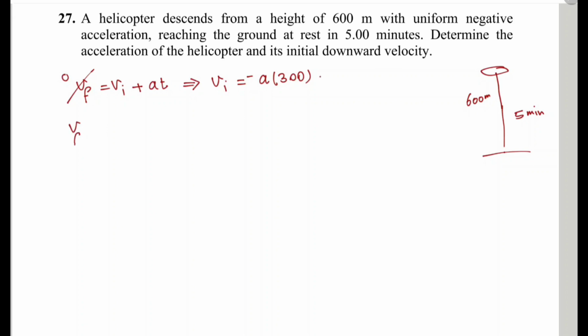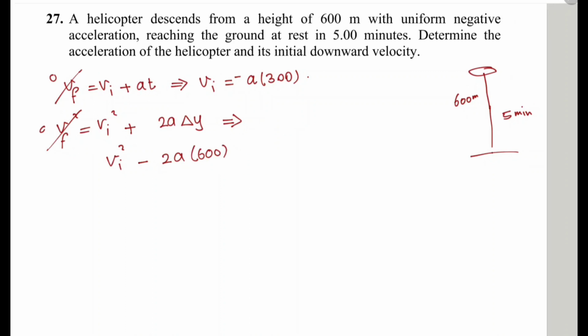Now v final squared equals the initial squared plus 2a delta y, and this is equal to 0 as well. So the initial squared minus 2a delta y, where delta y is 0 minus 600, minus 600, equals 0, and in this case here